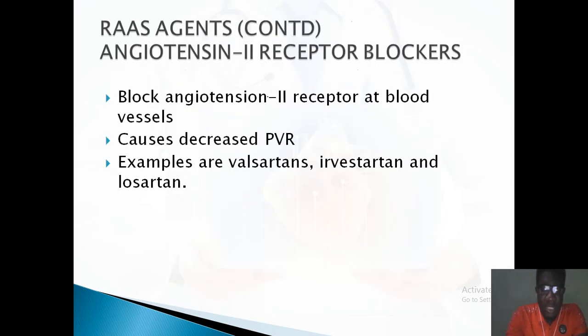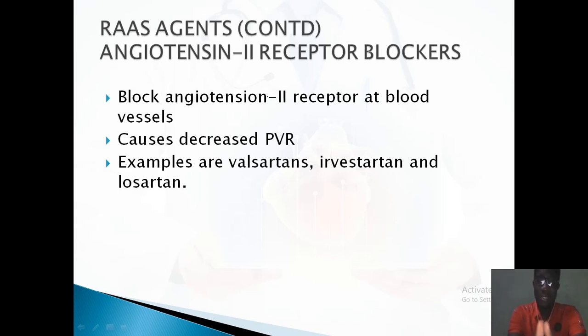So move on now to the angiotensin 2 receptor blockers. These guys don't block the angiotensin converting enzyme. This time they wait for angiotensin converting enzyme to do its work. Come on, you can do your work, your work is to convert angiotensin 1 to angiotensin 2. Fine, no problem. While angiotensin 2 is coming to the receptors to bind and cause vasoconstriction,